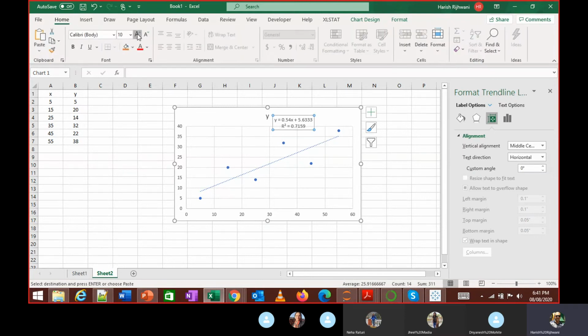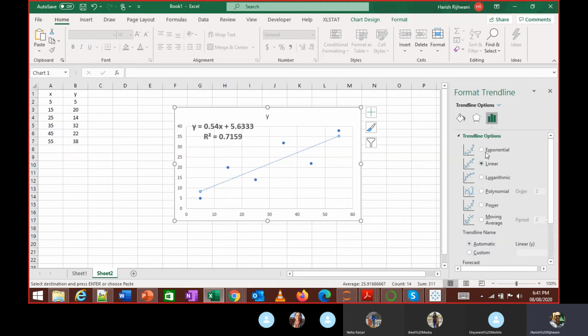And I'm going to increase the font of this so that it's visible. Right? I'm hoping it's visible now. And when I look at this trend line, I can actually use this exponential. You see the values will change. If I use polynomial, right? So here with polynomial, the R square becomes 1 if I use this formula. Okay. But we are using only linear regression.